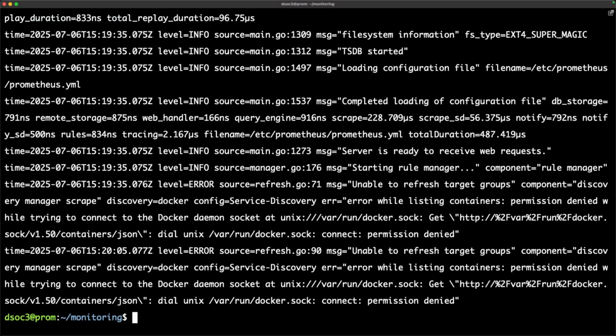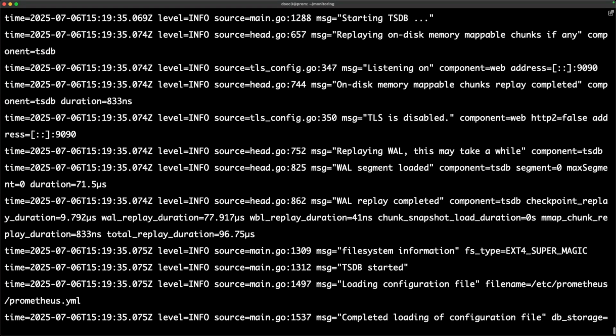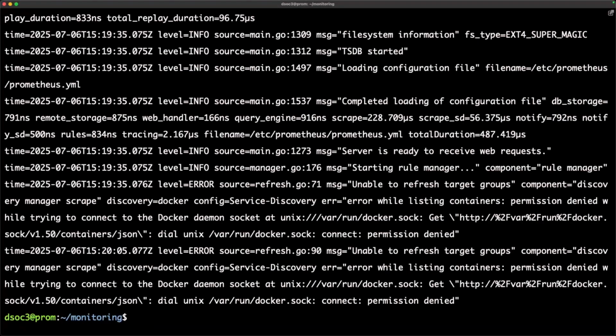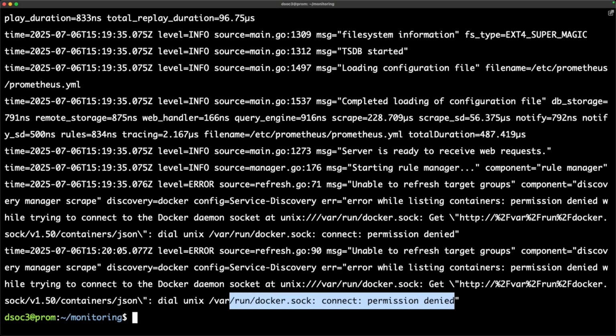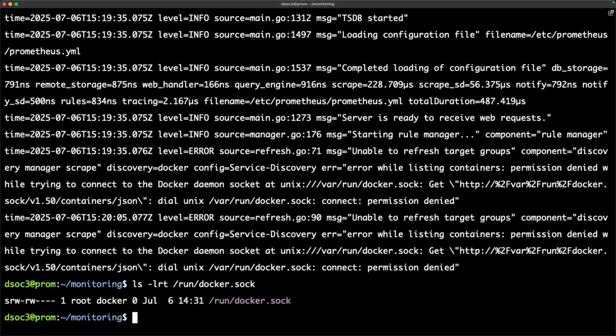Okay, so now you see the previously the error was something different, right? Couldn't connect, and this time it found it and tried to connect, but this time we have something different, and this different is it says connection permission denied. So if we check this one, not the error, you could see here only root and the Docker. These two users, I mean those who are in the group of Docker or root, they are able to